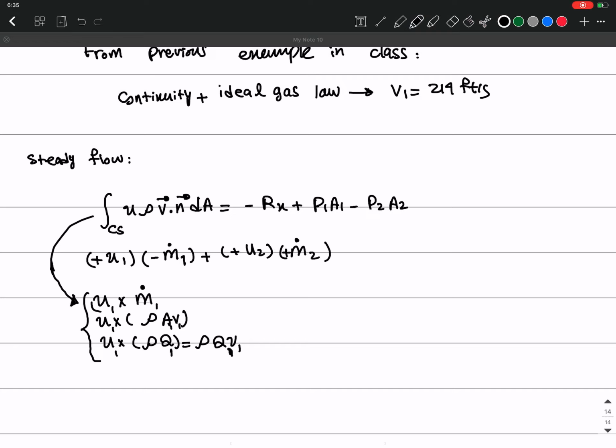I think this one is the easiest form, but some people are more comfortable with rho QV, the volume flow rate, instead of mass flow rate. Because some people are more comfortable with this form, U times the mass flow rate. So these are different forms you can write it down, but let me write this alternate form